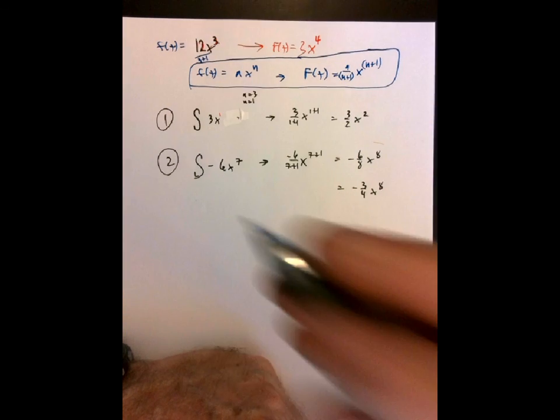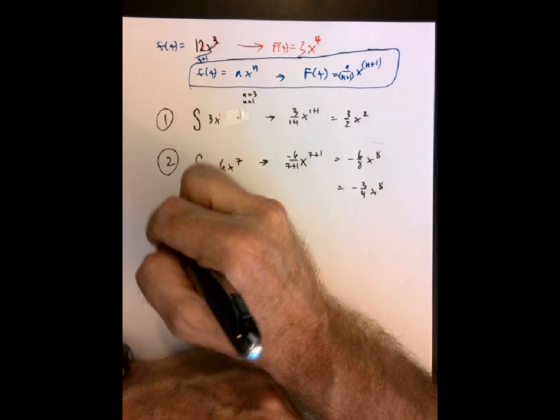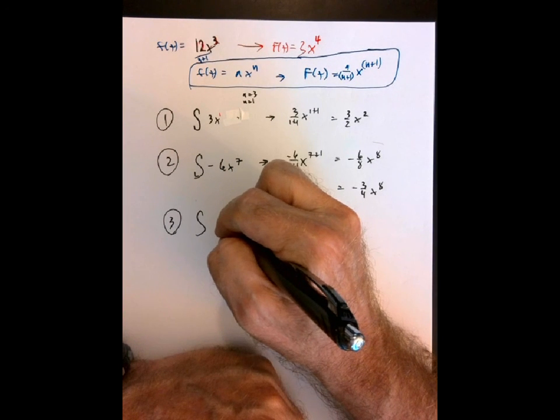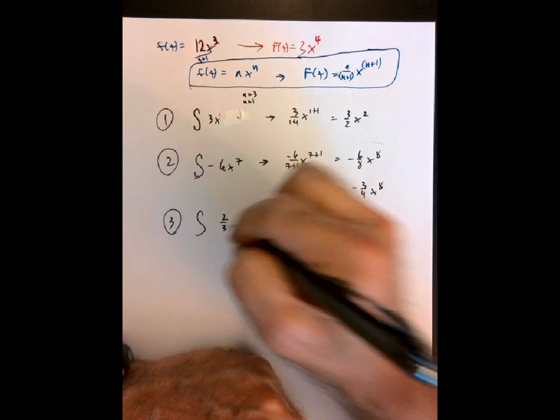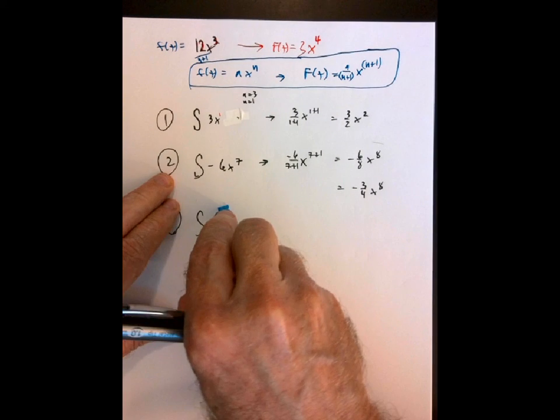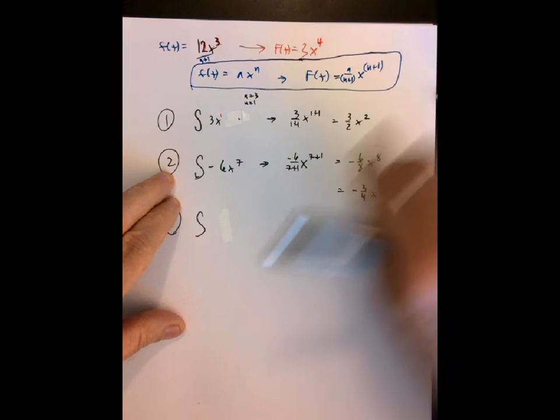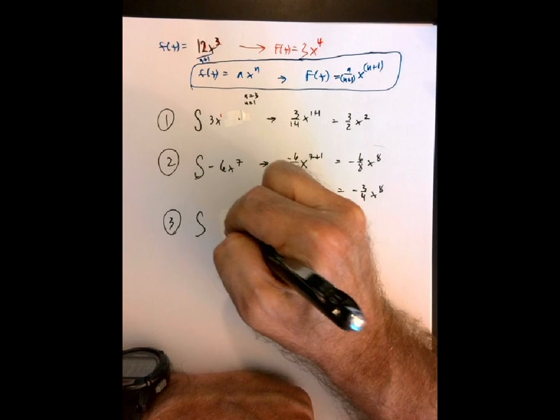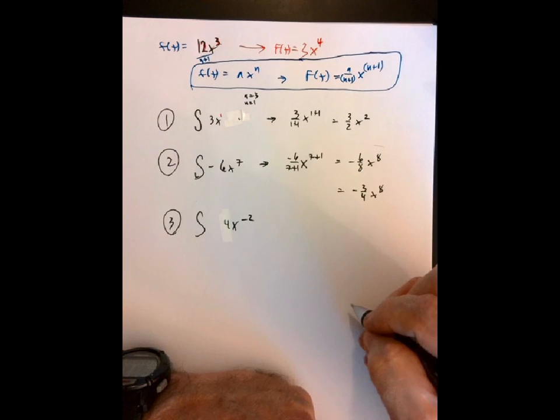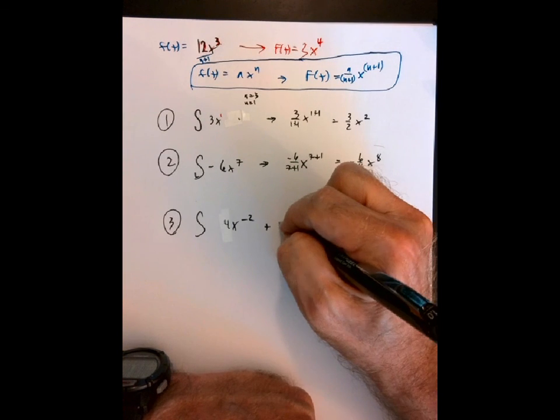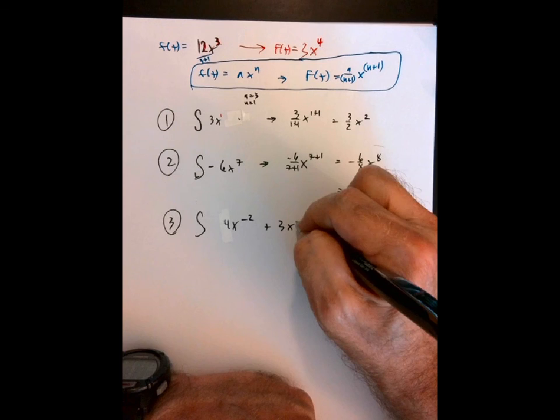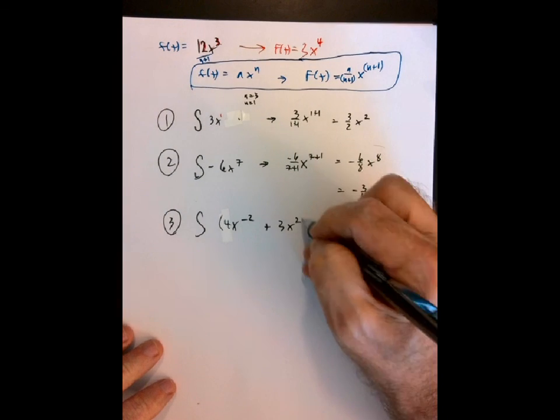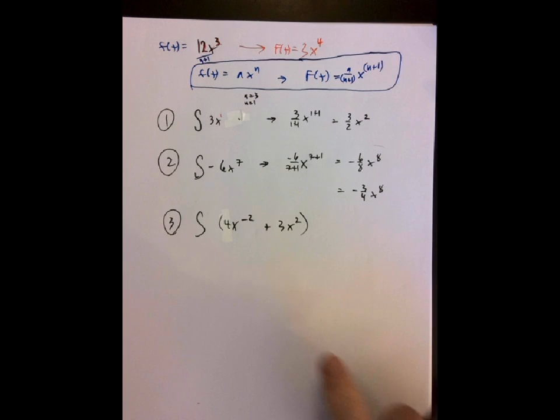Okay, it works even with something like this, say 2/3. Let's not have a fraction yet. Get ready for super complicated arithmetic. Let's say it's 4x to the negative 2 plus 3x squared. Okay, well notice, and then on our work here, those will be in parentheses because it's all one